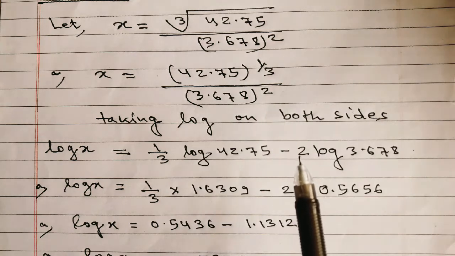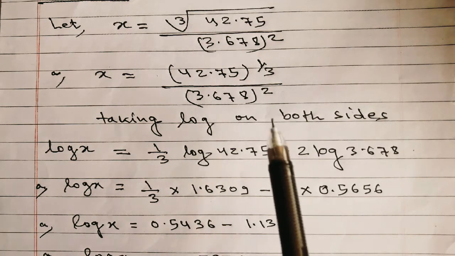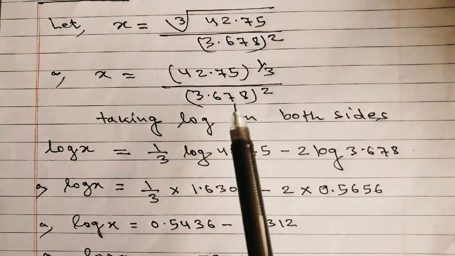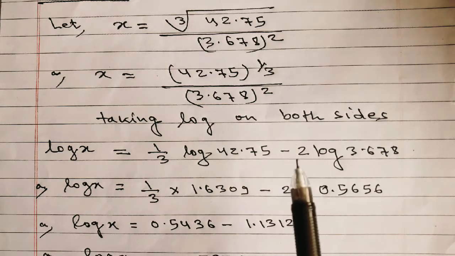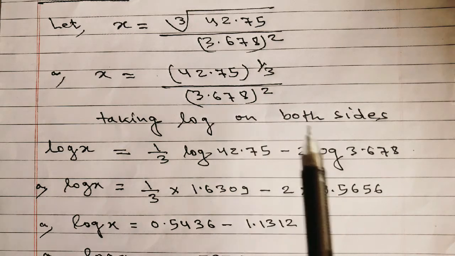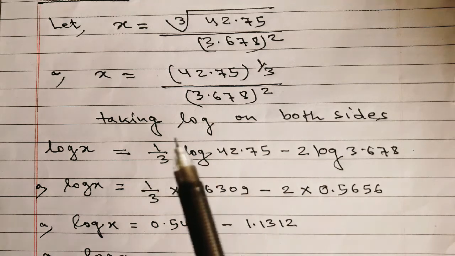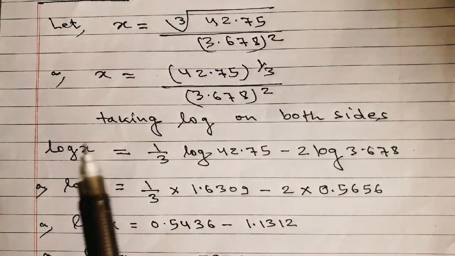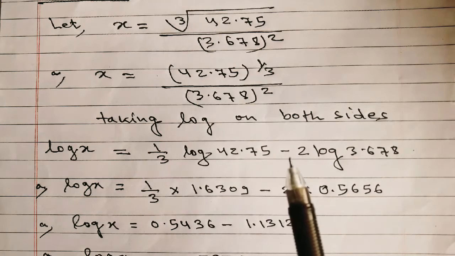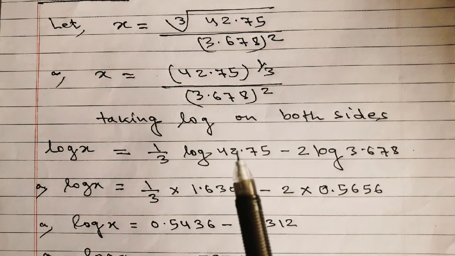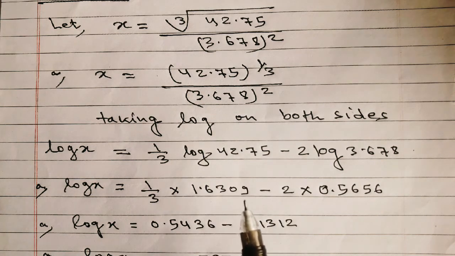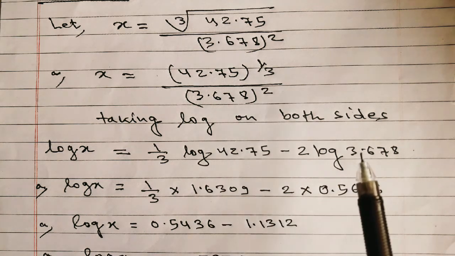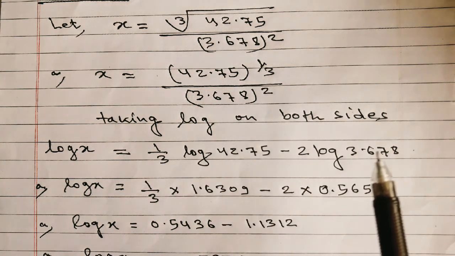That means we have to write the power at first. The power is 2, so n means 2, then log, and m means the base, which is 3.678. So taking logarithm on both sides, we get log x is equal to 1 by 3 log 42.75 minus 2 log 3.678. Or log x is equal to 1 by 3 log 42.75. The value of log 42.75 is equal to 1.6309, minus 2 into the value of logarithm 3.678. The value of log 3.678 is